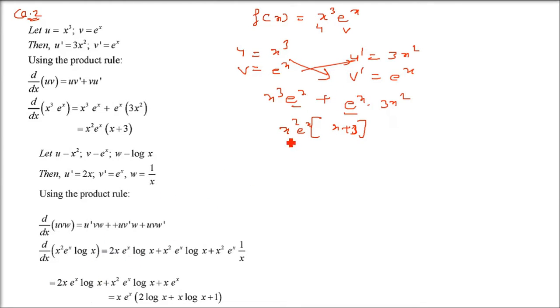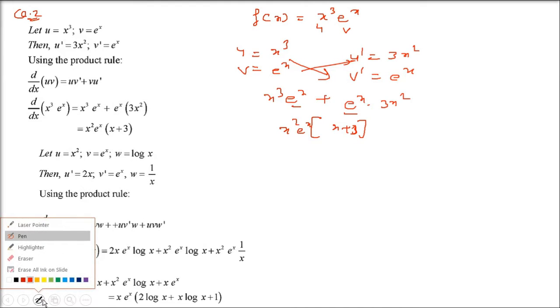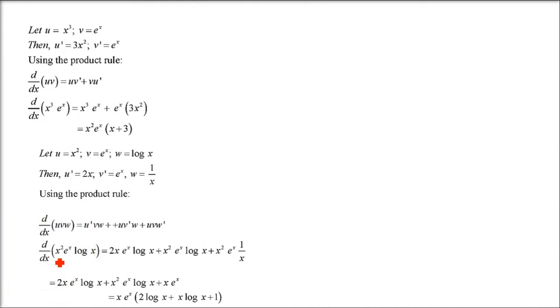Okay, now this is the second one. Since we are going to use the concept of question number 2 in question number 3, let me clean it first. This is question number 3. Question number 3 has three different contents here: x square, e raise x and log x. We know u v, we have already done it. Now we have to do the same thing with u v w. We'll take it as u v w.